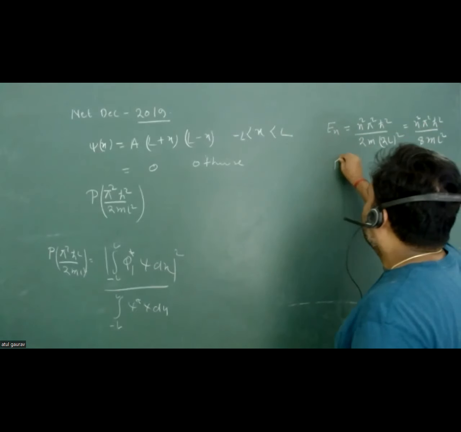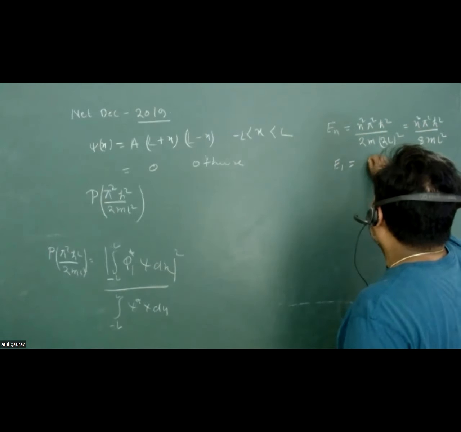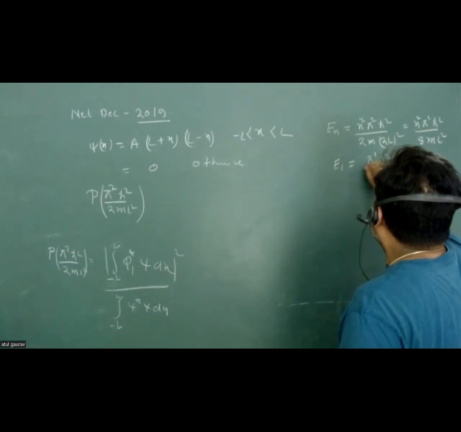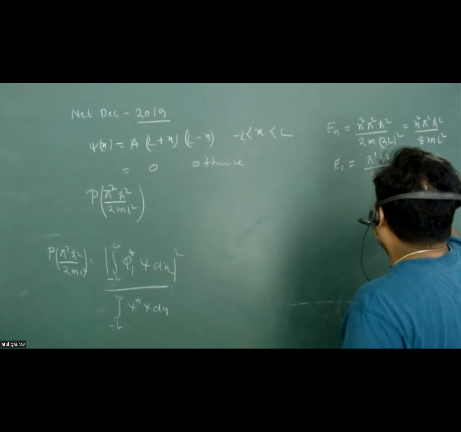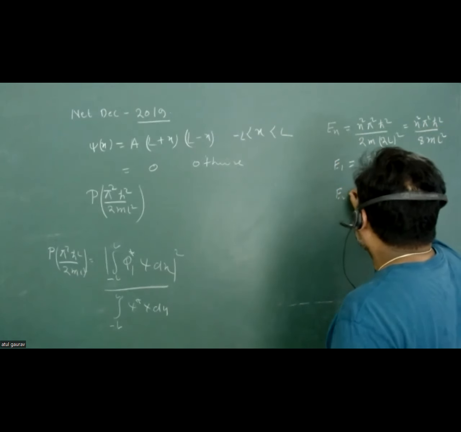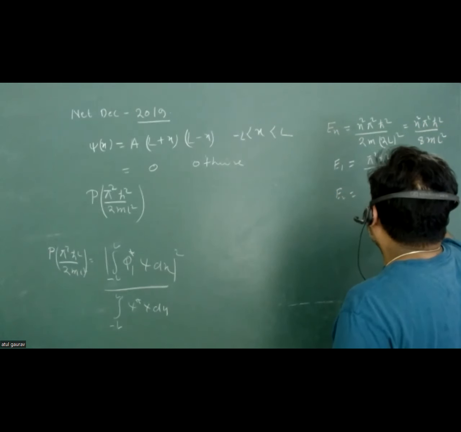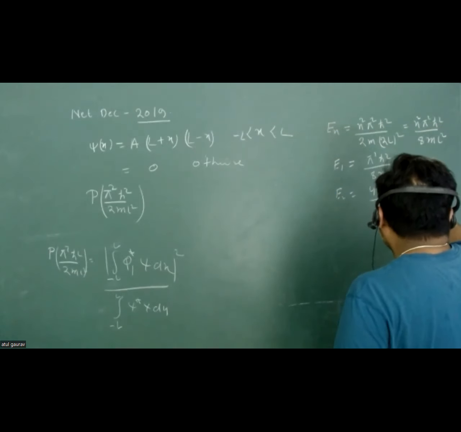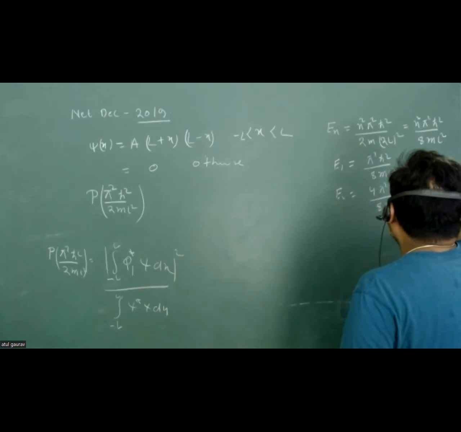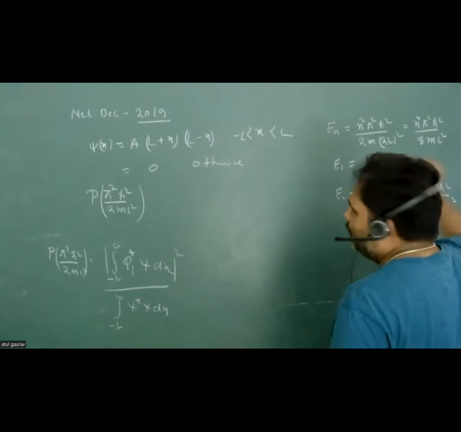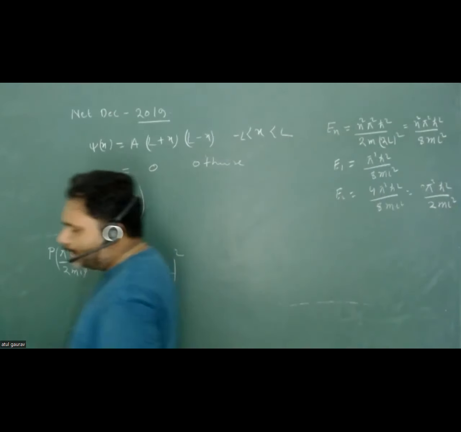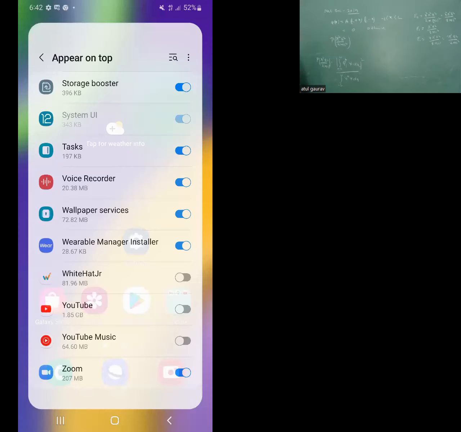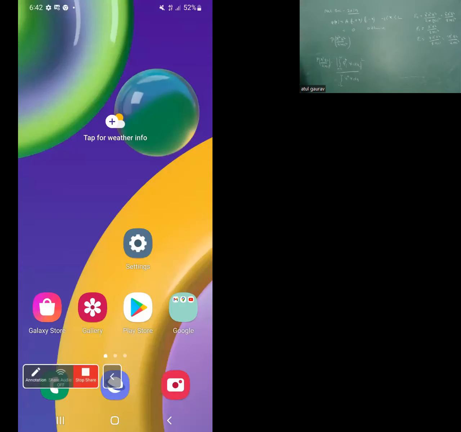And what is your E1? E1 is basically pi square h cut square upon 8m L square. And what is your E2? E2 is 4 pi square h cut square upon 8m L square, that is actually pi square h cut square upon 2m L square. Are you getting my point? So first thing is that you have to take this particular value as